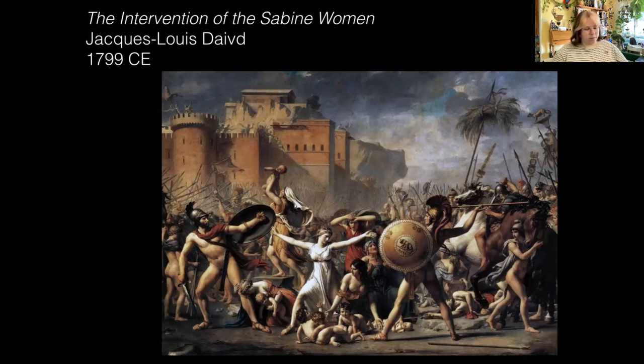If you've ever seen the movie or the play, the movie is so bad, but so good, Seven Brides for Seven Brothers. They talk about the Sabine women, but it's also a retelling of it. It's really funny. Anyway, so they invite the Sabines to a feast. It's some neighboring people. And then in the middle of the feast, they try to kill all the men and steal the women. And then the Sabines who didn't come show up later and they're like, we're going to have a war to get our women back. And in the middle of it, the women come out and they're like, stop. We can't have more of you die. And like, it's not so bad.